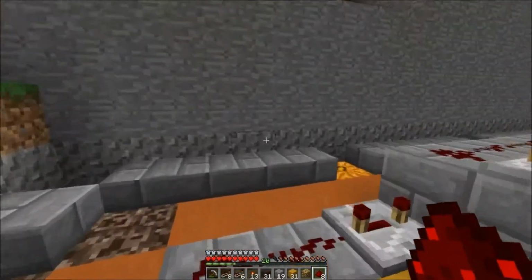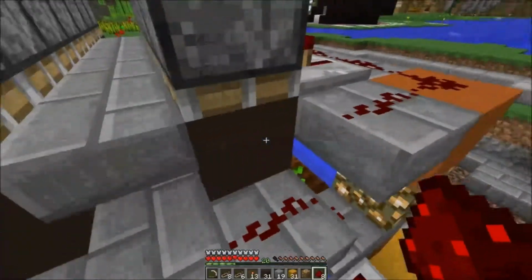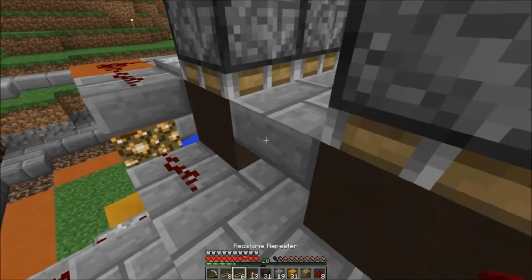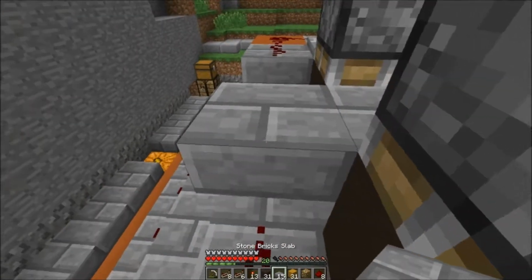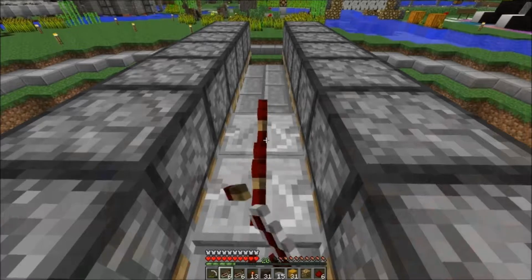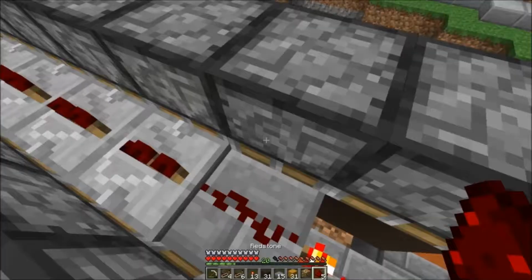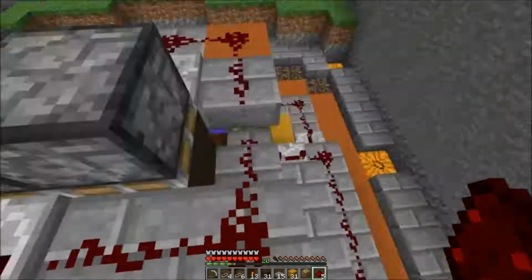Around the back of the machine, we need to place our final trigger mechanism. To do that, we need to suspend one more block here, and place a redstone dust. We're going to go ahead and place these repeaters down the center. This will also provide an additional delay, shutting off the signal to the front of our machine when the pumpkin